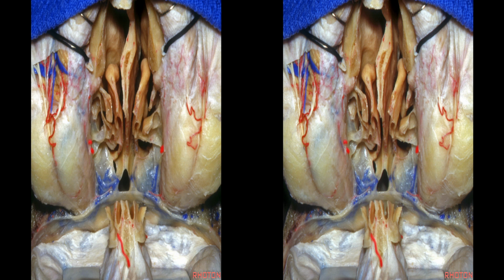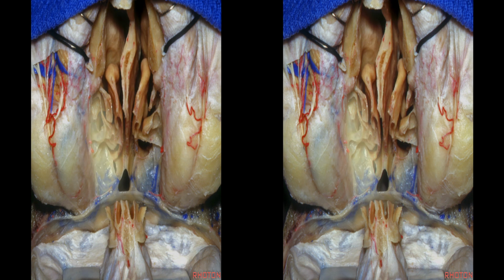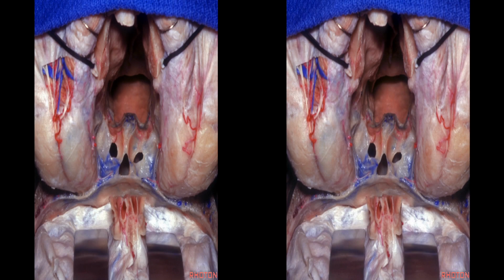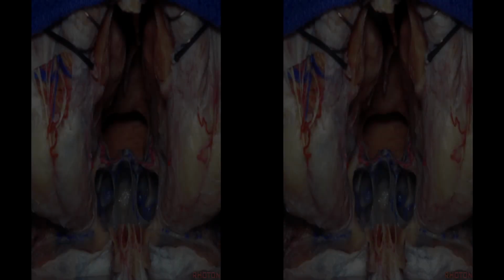This artery running across the cribriform plate and eventually extending into the falx and possibly supplying falcine meningioma is an anterior ethmoidal artery. We have access to the sphenoid, to the nasal cavity, to the ethmoids, and as we open backward, we're into